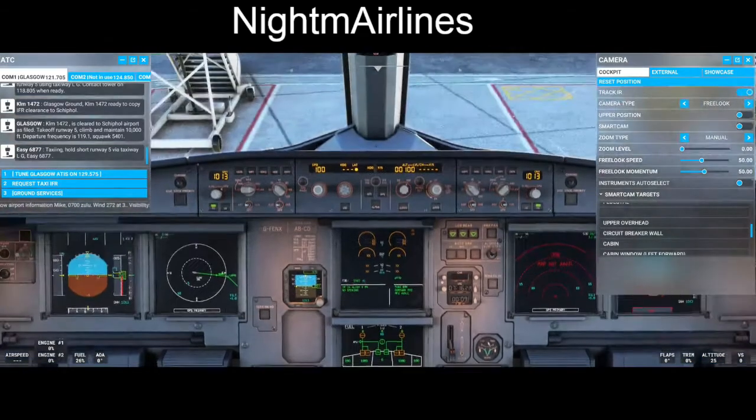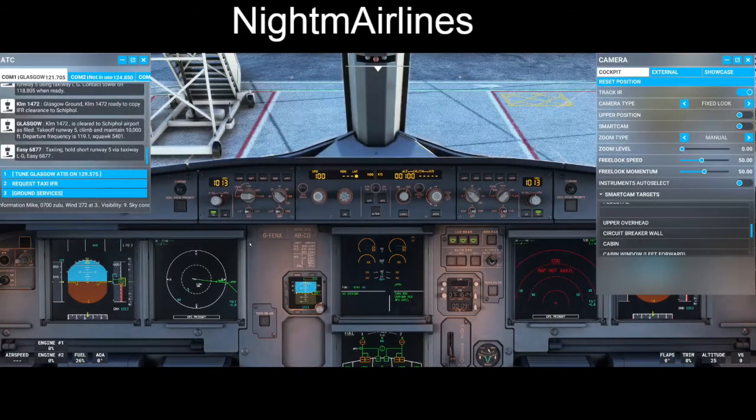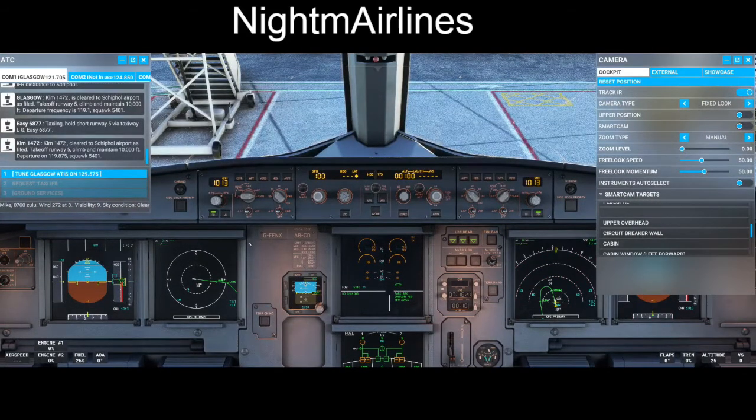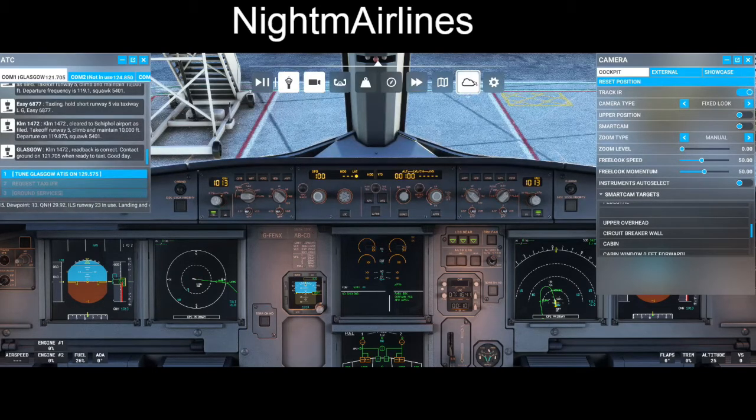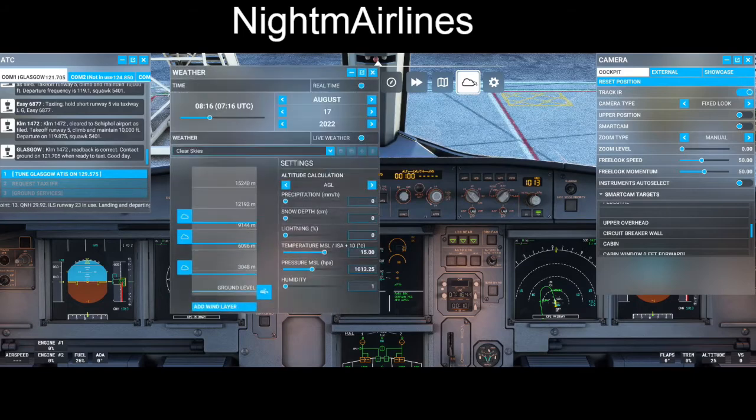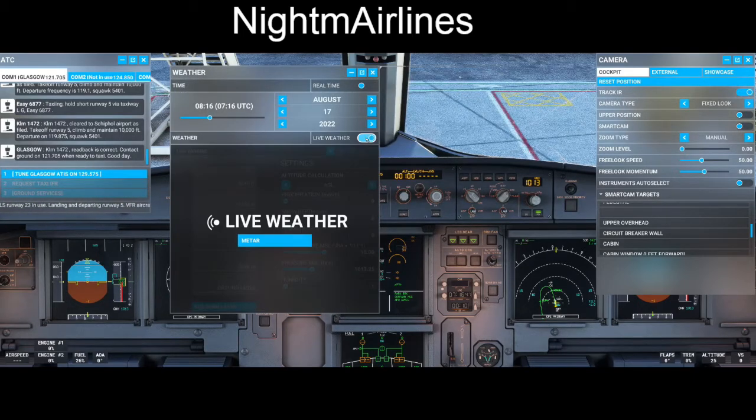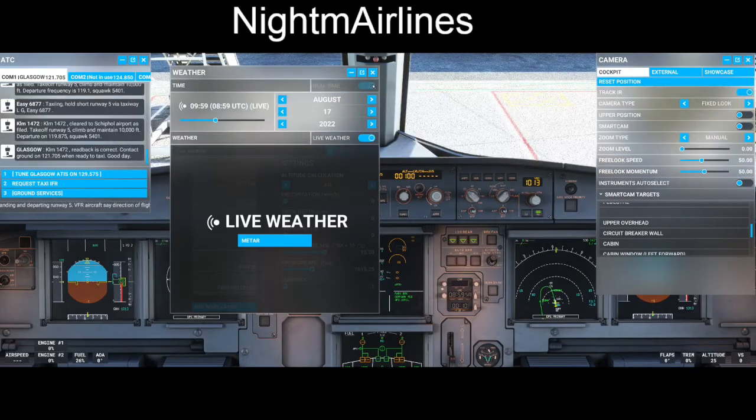Right, we've waited long enough now that the navigation system has sorted itself out. We want to set the weather, and we need to set it to real time, real weather and real time. If you don't do that, it'll just give you basic values. So what we need to do now is go on to the ATIS